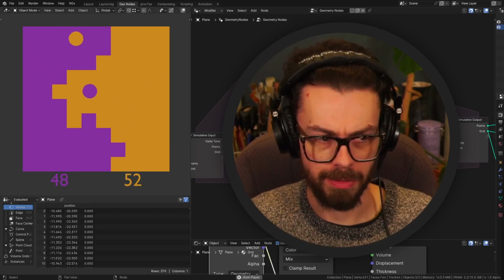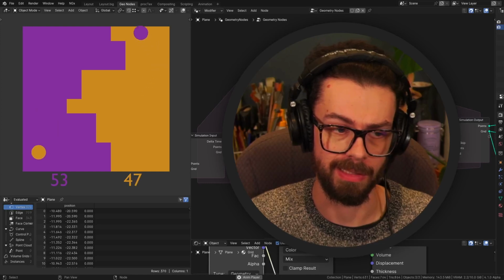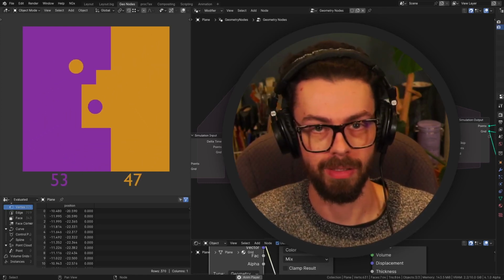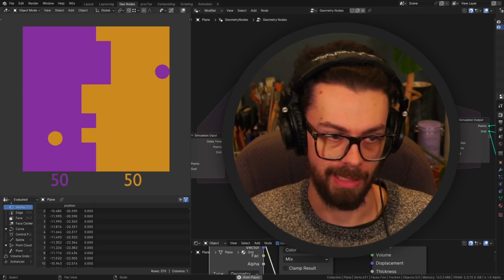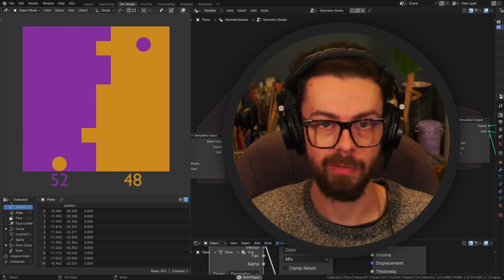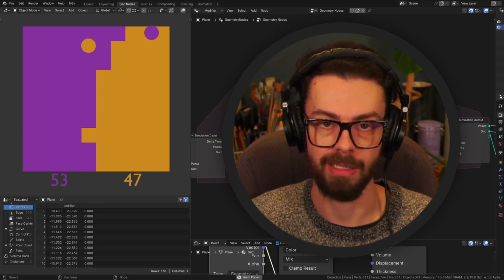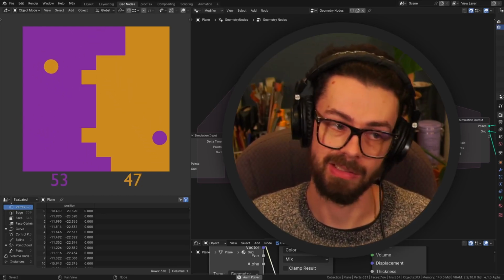Hey folks, got a really quick tutorial for you here, hopefully quick. Anyway, I've been seeing this effect popping up on Twitter and I just figured that seems like a perfect use case for simulation nodes, just to kind of play around with it. Great little learning exercise, and while this might not be the most optimized workflow, should still give you a nice little intuitive understanding of how the system works, how we can work with named attributes, and just generally having a